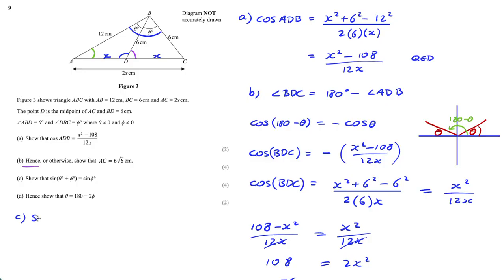That will give me immediately my sine of theta plus phi, so that over, let's go with this big length here, over 2x is equal to,